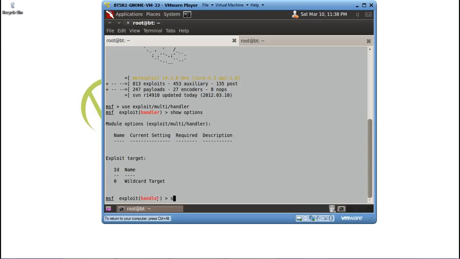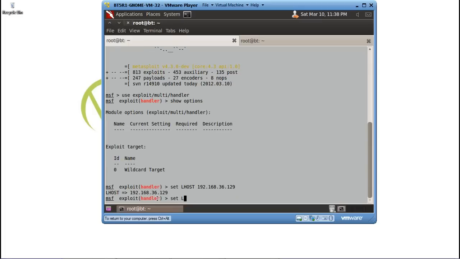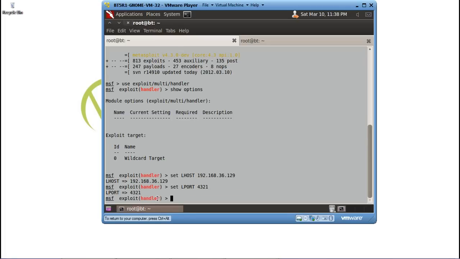Alright, now the first thing that needs to be set is the LHOST, the listening host, which will be the machine from which you are starting the attack. By default the LPORT is 4444, but we need to change it. You can use a default port, but it's preferred that you change it. Done. Now in this particular attack we need to transfer a file from our Backtrack machine to the Windows 7